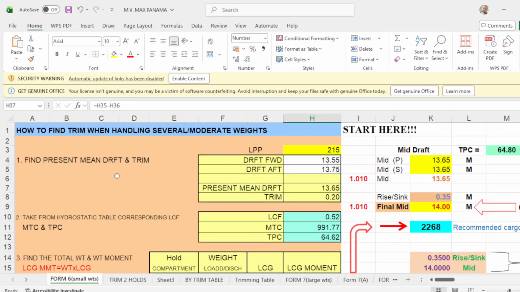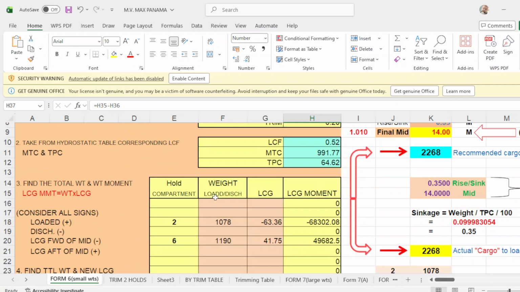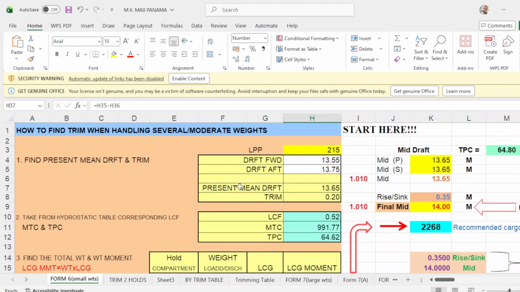So you have actually 5 basic programs to back you up on how to compute your remaining cargo to load. So this is a good program actually if you apply it on board. This will be a great help to your confidence, and you will never get lost because you have 5 basic programs that will back you up.